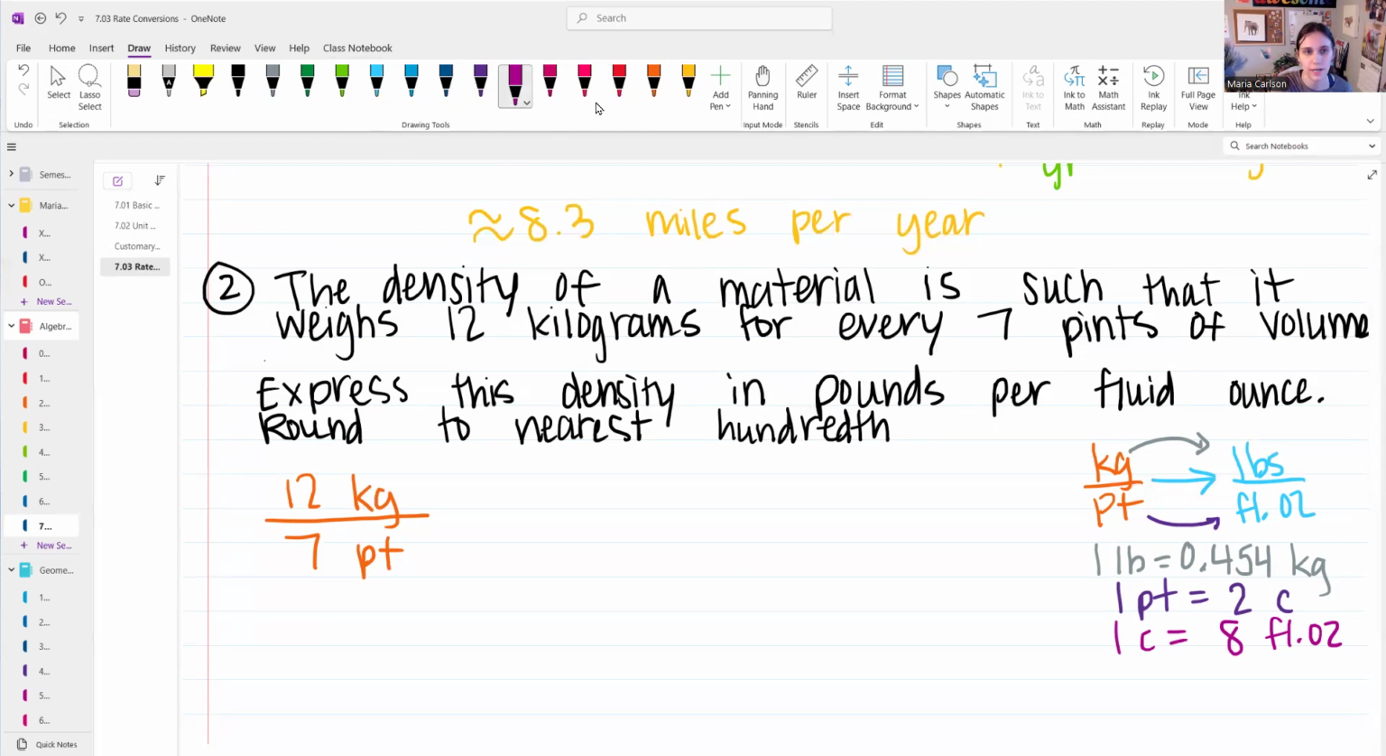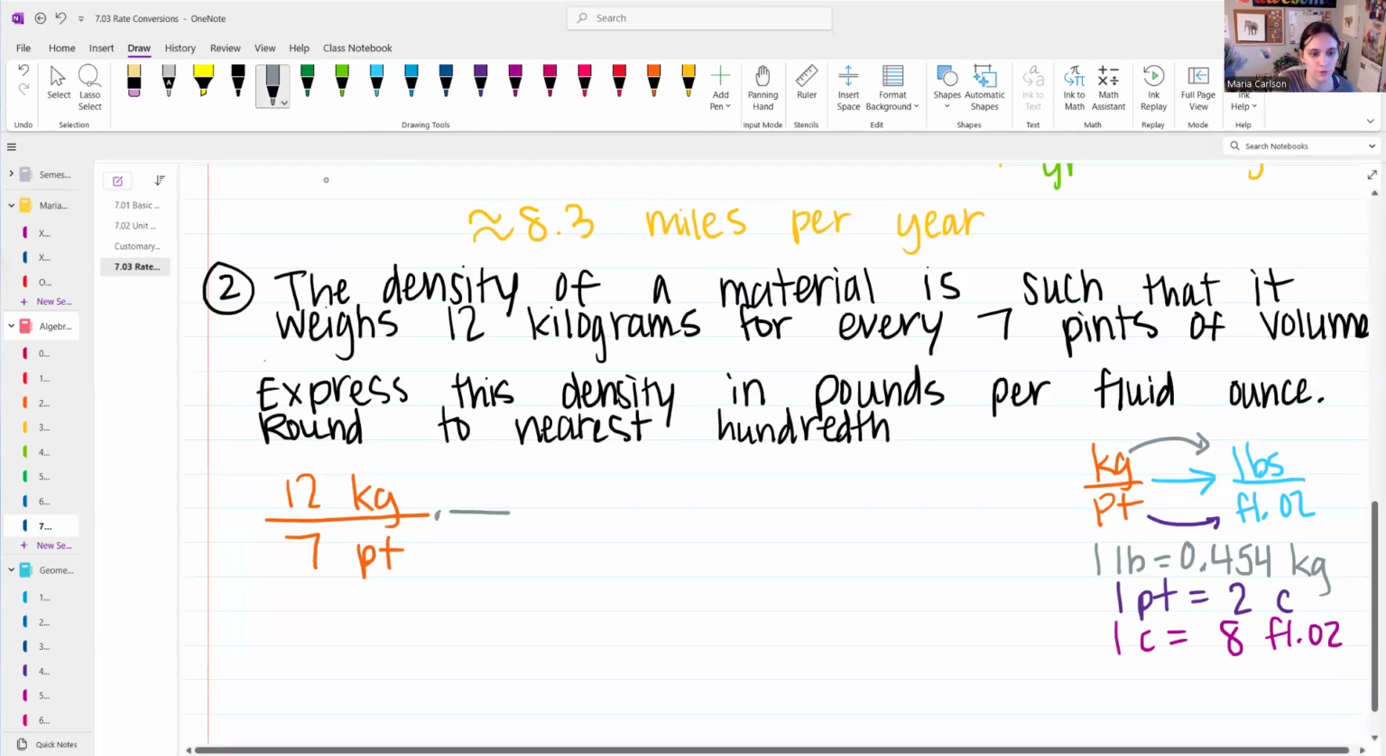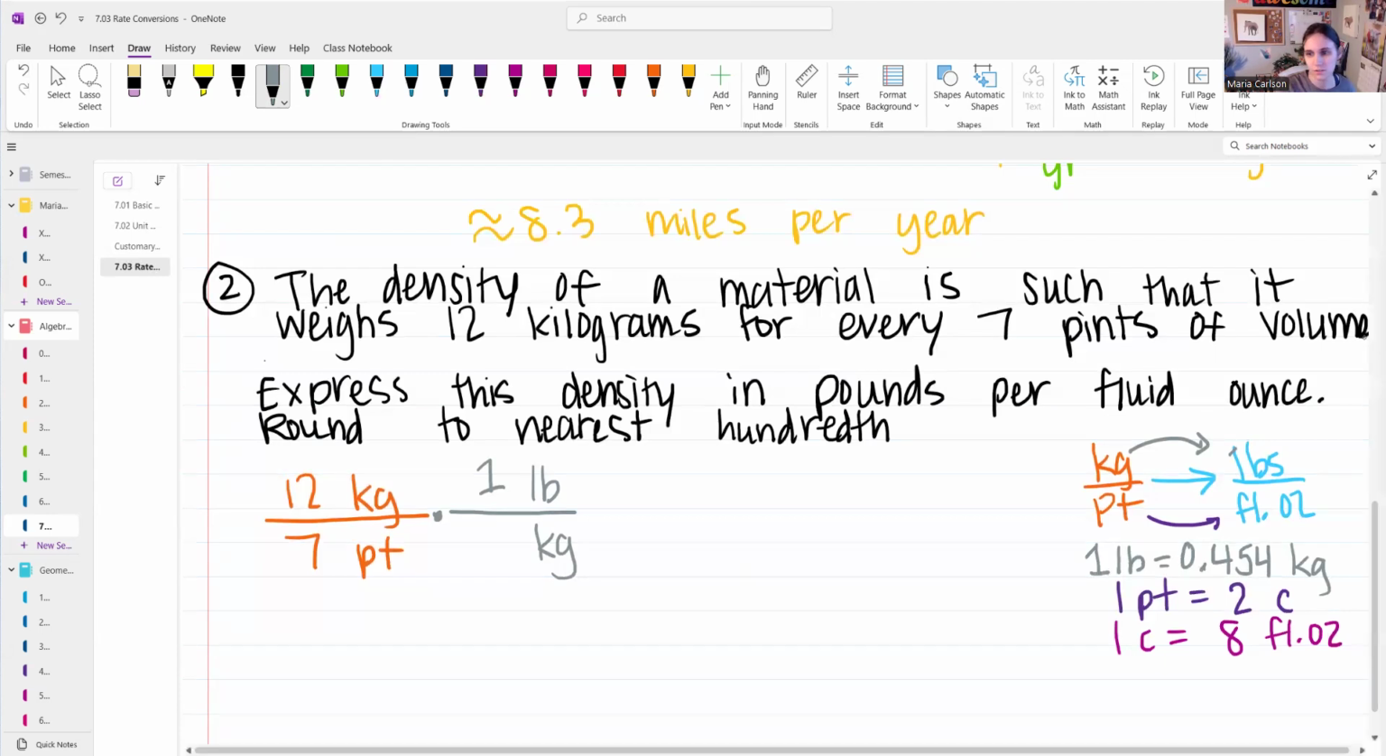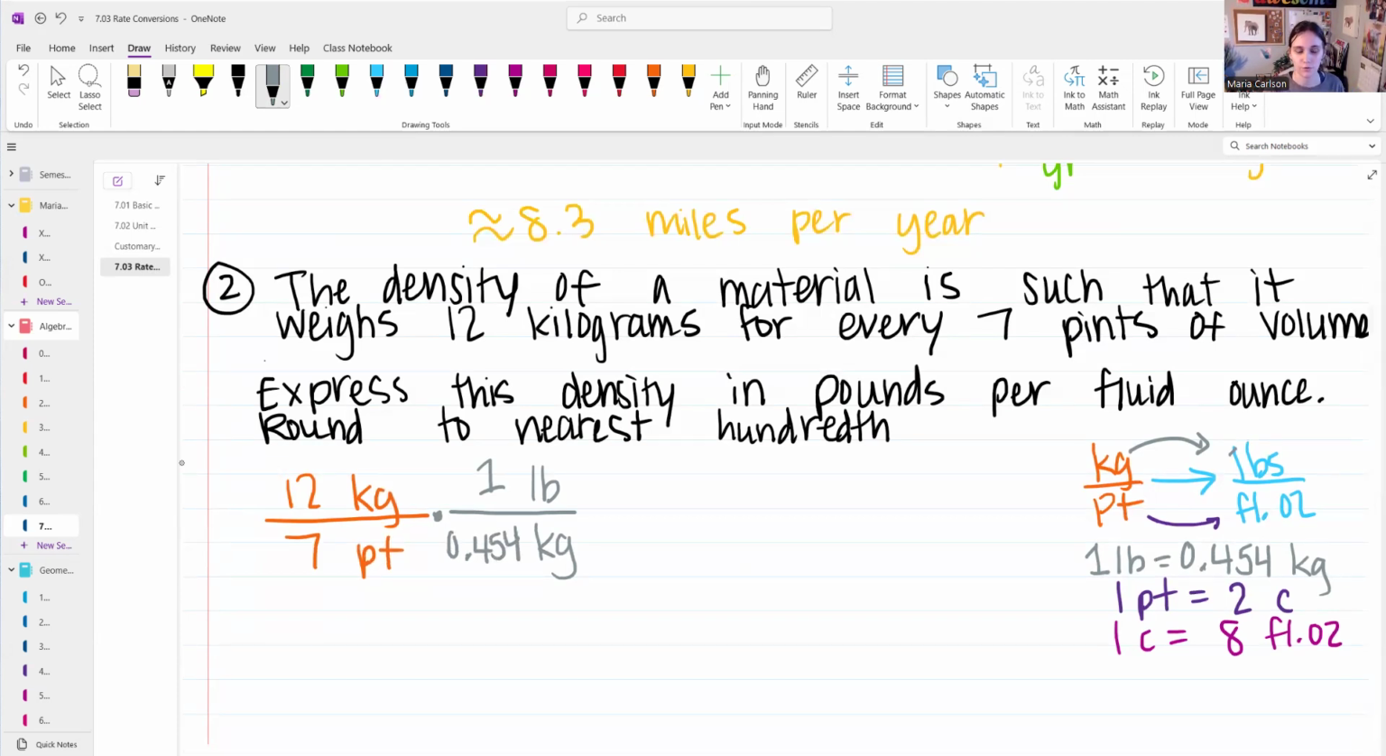First, I'm going to convert kilograms to pounds. So multiply by a new fraction. And kilograms needs to go away. So kilograms will be my unit in the bottom and pounds on top. And I know that 1 pound, this is a 1 here. Oh, no, it's not. Here. 1 pound is equal to 0.454 kilograms, or 454 thousandths of a kilogram. So now I have kilograms in the top and the bottom of these two fractions,